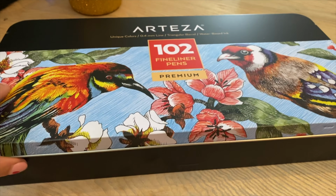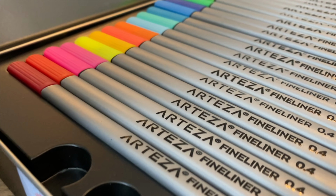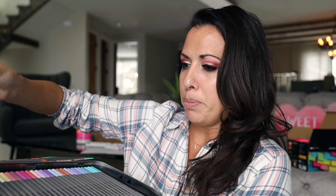Can I just put this out there to the universe? These are the best fine liner pens I've ever seen in my life, and I'm not just saying that. So I've tried a bunch of different ones. I've tried Amazon brands. Arteza killed it. And so this is what it comes in. There's like multiple layers. There's 3 layers in here of beautiful, I don't want to ruin the packaging, of fine